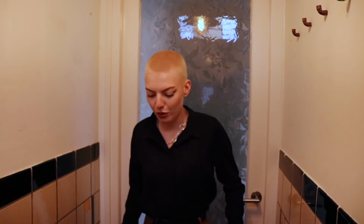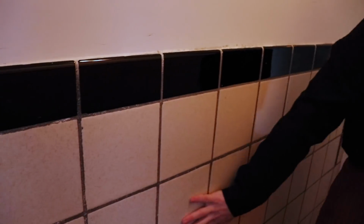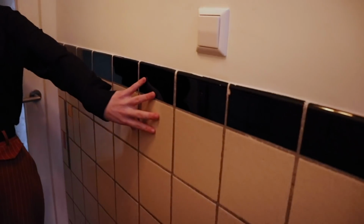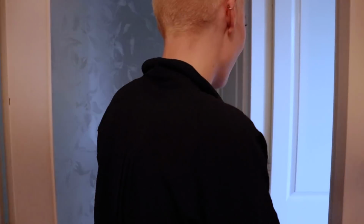Welcome to our first room. Well, it's not really a room. This is our hallway. This is the unique old school tile design from the 30s, because our home was built in the 30s, so it's pretty damn old. It still has all the original details in it. Cute. We have a light switch that we can turn off and on. Then we go into our second hallway. Oh my god, so luxurious. And then we can go right into...